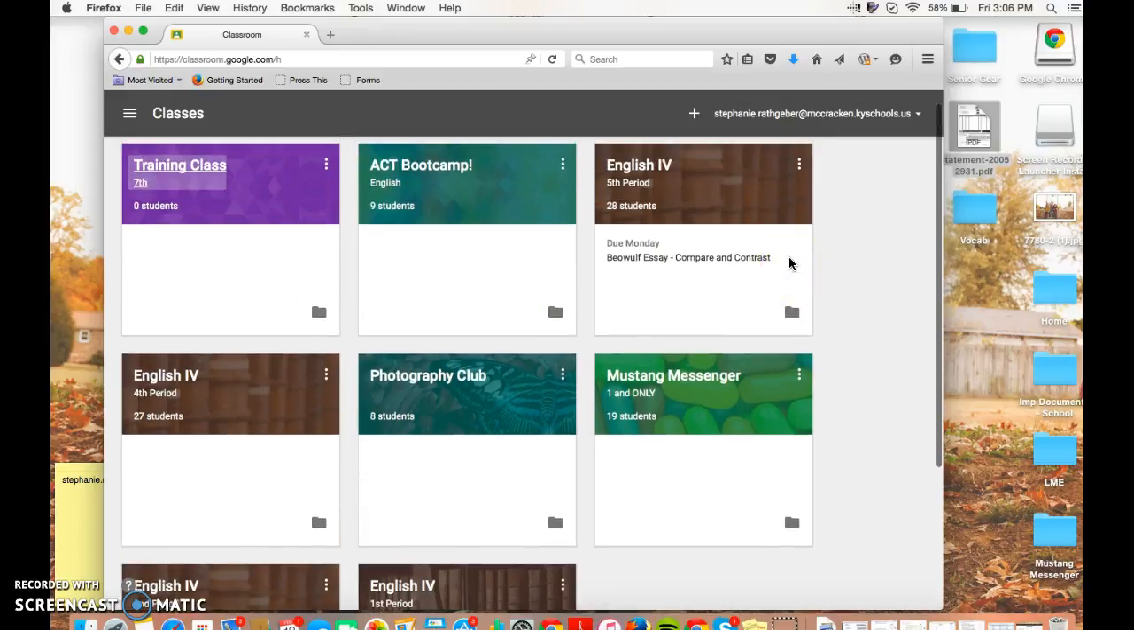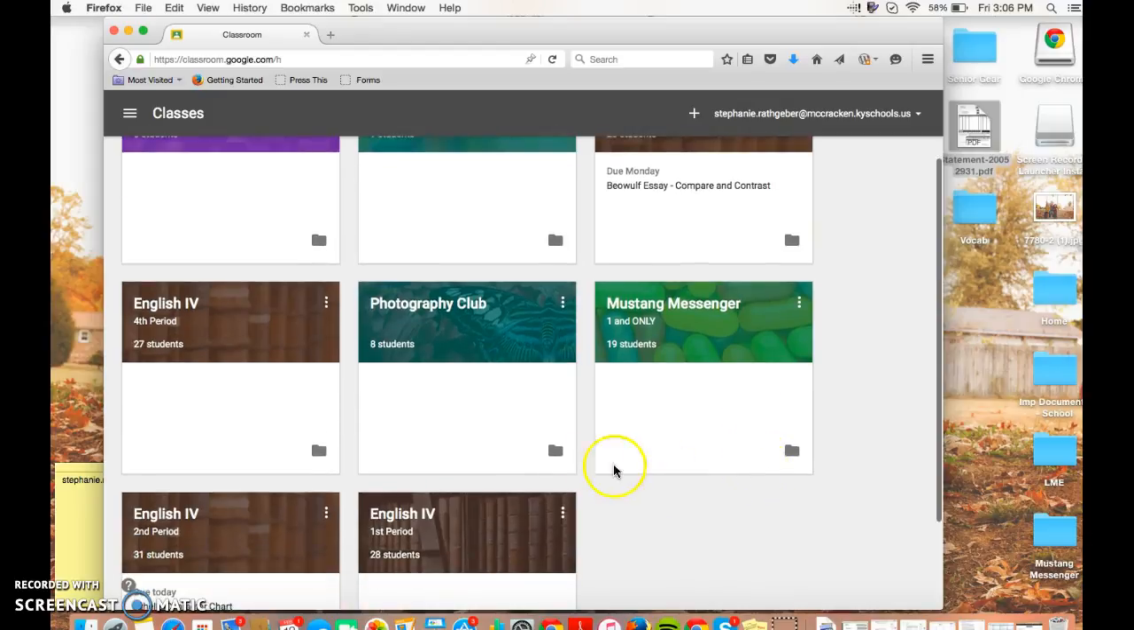Each class that you create has its own classroom folder. So every assignment that you create will automatically be put in that folder on a Google Drive. Every assignment or every document that is turned in for that assignment will go in its own individual folder. For example, if I click on, let's say, photography club, because that's an after school club that doesn't have any